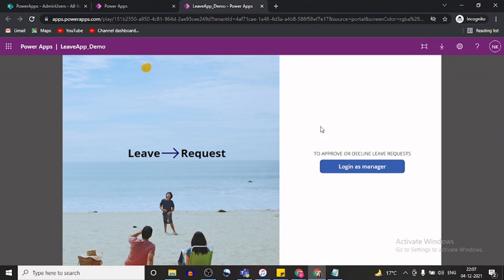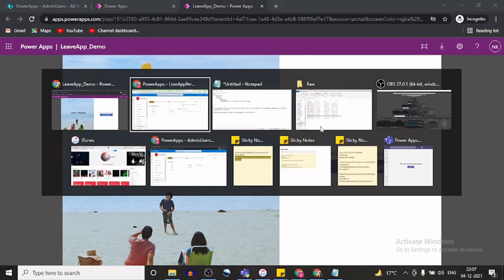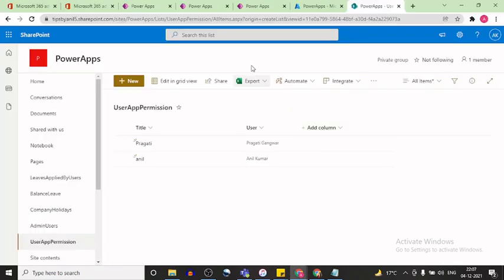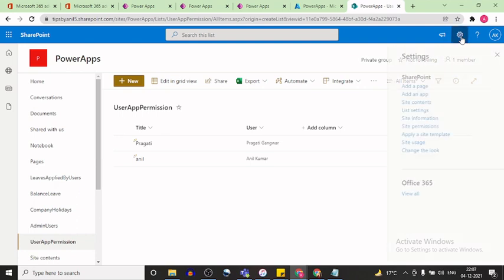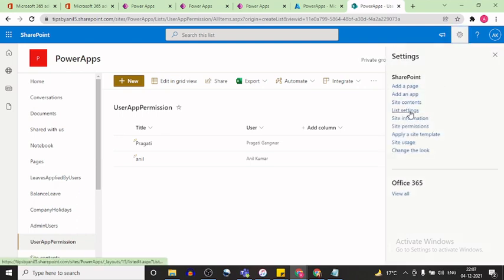In the first approach, we connected our permission with the Azure AD Groups, and in the second, we elaborated our permission on the basis of the SharePoint list. The third thing: suppose you are on a communication site, then how will you do that? For that, what we have to do,